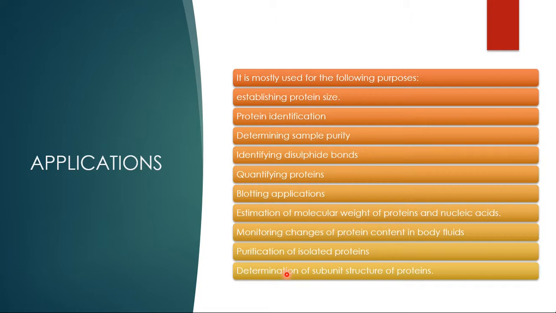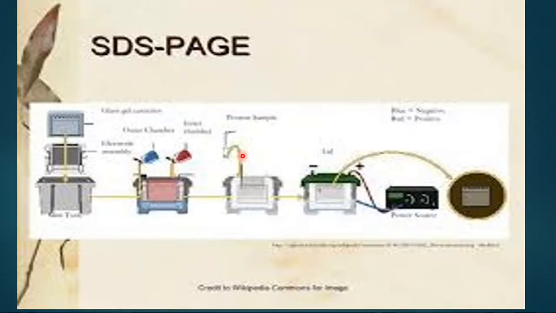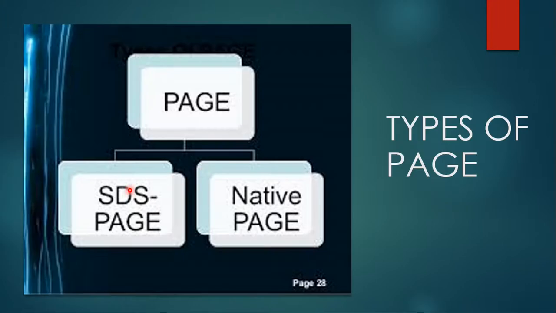The structures we have are primary, secondary, tertiary structures, isn't it? In that we can find the subunits of it, alpha, beta, like that. Okay, so this is all about the applications of SDS-PAGE. So in this part we have gone through the two types of gel electrophoresis. One is the agarose gel electrophoresis, and another one is the SDS-PAGE. Okay, I just want to give clarity about the difference between the SDS-PAGE and the native PAGE. Maybe you'll have a little bit of curiosity about what this native PAGE is.